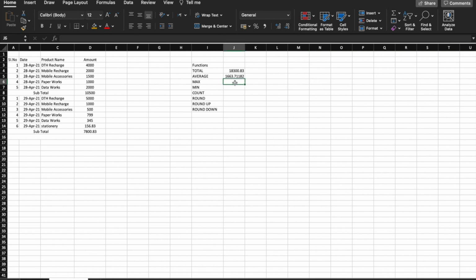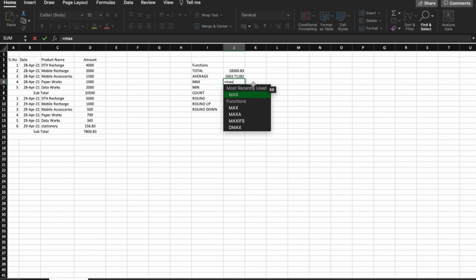The third one, maximum value. We want to know which product sold at the highest price, equal to maximum of the particular date.